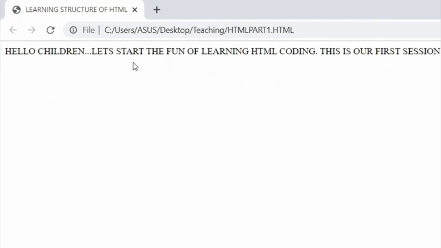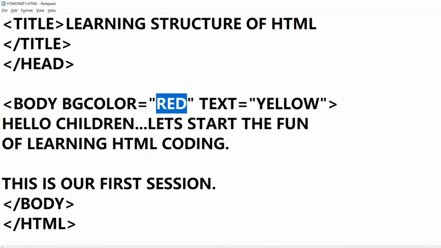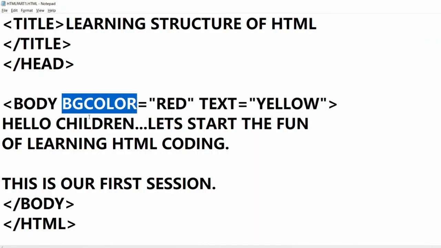First thing is, whenever you change, you make it a habit of saving your program code. And whenever you visit your web page, you have to refresh it. So click F5 for that. Now see, you can see the text color as yellow and the background color as red. So this is with the attribute bgcolor and text color.